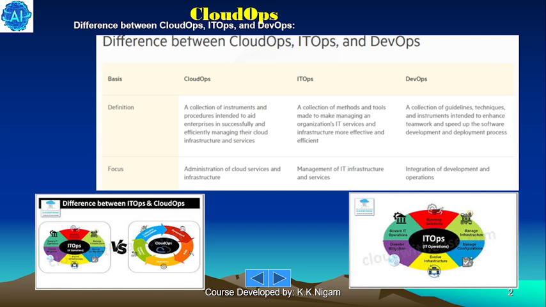Now, the definition of CloudOps is the collection of instruments and procedures intended to aid enterprises in successfully and efficiently managing their cloud infrastructure and services. So it must be clear as to what CloudOps is. Then ITOps, similarly, is a collection of methods and tools made for managing an organization's IT services and infrastructure more effectively and efficiently. Then DevOps. This is a collection of guidelines, techniques, and instruments intended to enhance teamwork and speed up the software development and deployment process. So, with these definitions, I think it is plenty clear as to what CloudOps, ITOps,